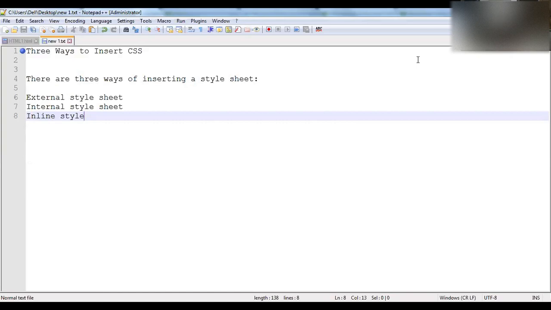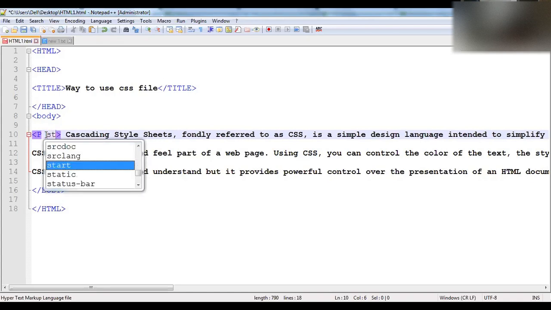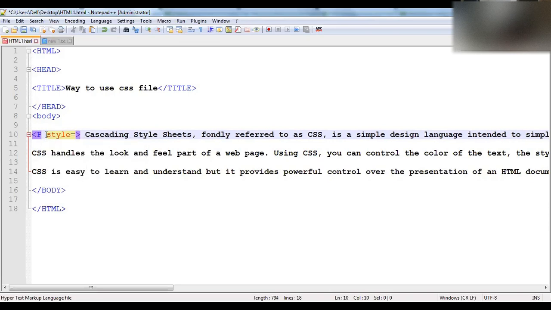So I will show you the inline style sheet first. How we can put CSS code in HTML files. So just be with me. I will show you. I already created an HTML file. So what I have to do is just put a style into the P tag, which is the paragraph tag. So within a paragraph tag, we just enter